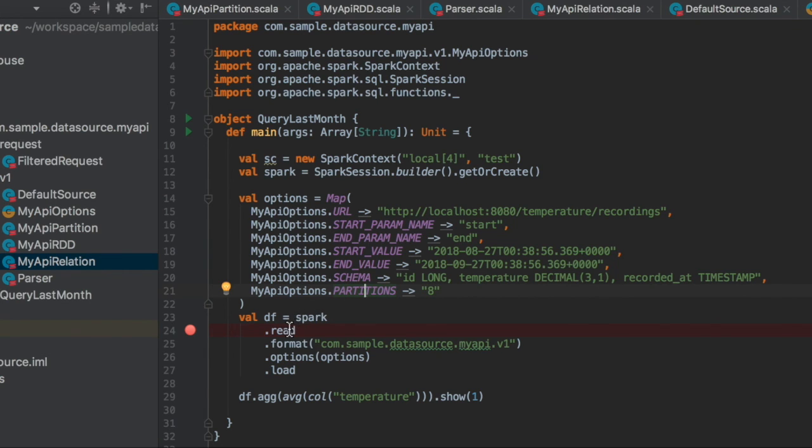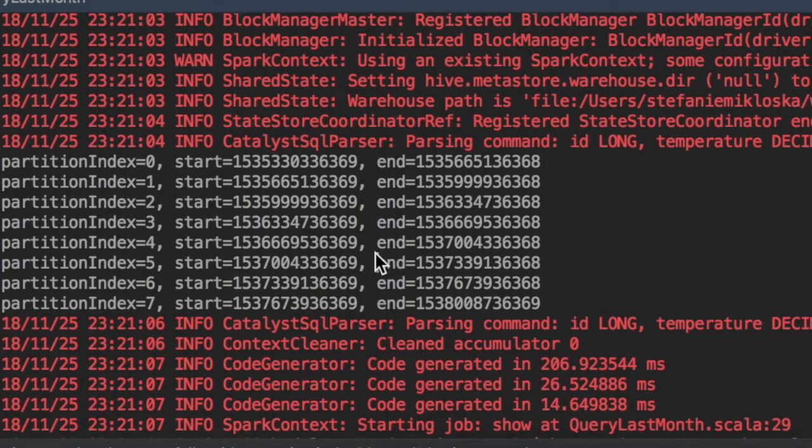Then we want to use Spark to read in this data, so we just need to specify the class path to our definitions. And now that we have our data frame, we can perform transformations and actions on the data in order to get things like the average temperature for the last month. And when we run this, we can see that our data source correctly broke up the work into 8 parallelizable